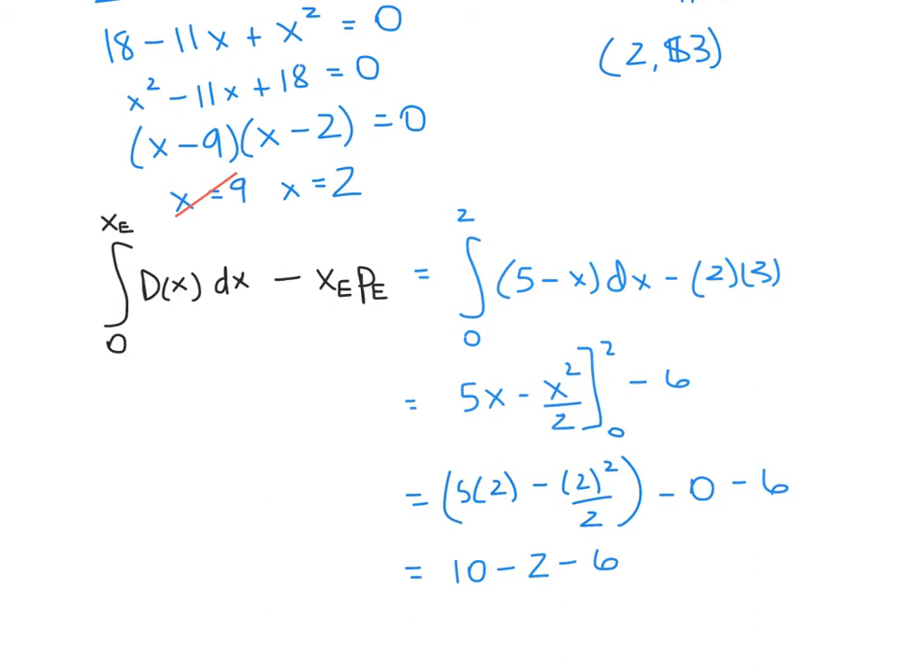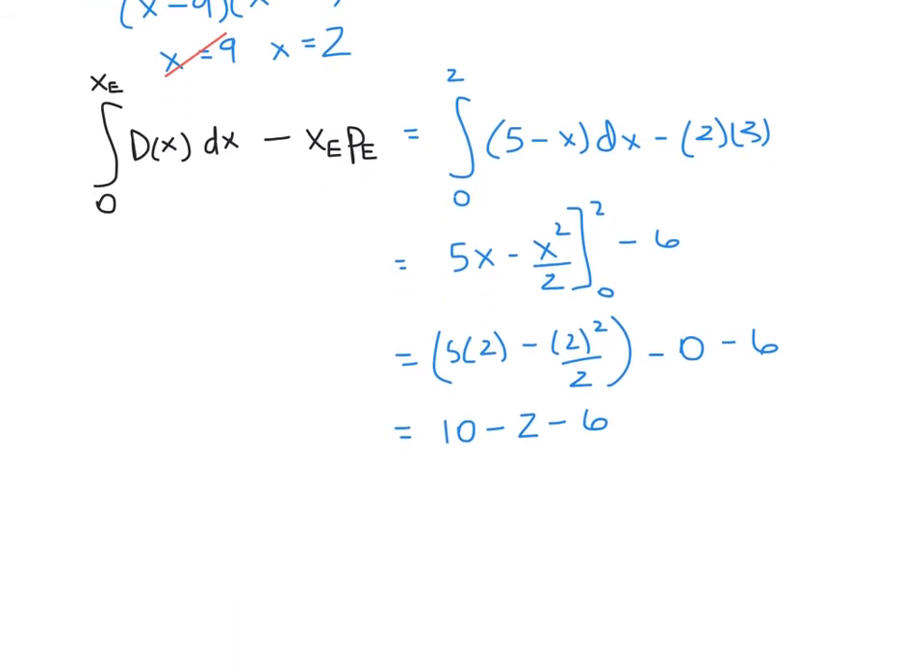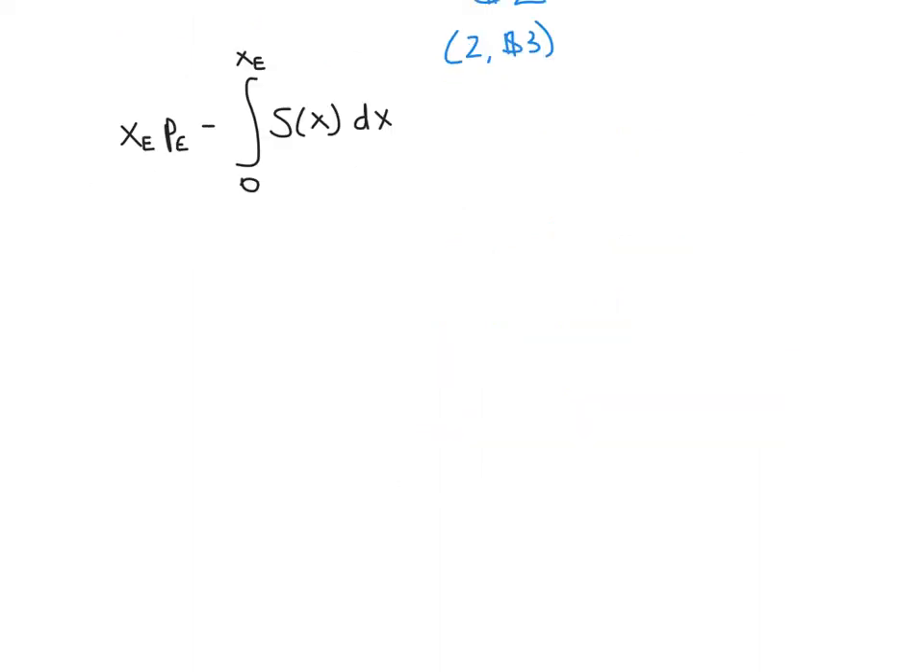So we have 10 minus 2 minus 6. So we're left with $2. So $2 is our consumer surplus at the equilibrium point. Next, we need to find the producer surplus at the equilibrium point. So our equilibrium point is (2, $3). So here's how we find the producer surplus. So we take 2 times 3,